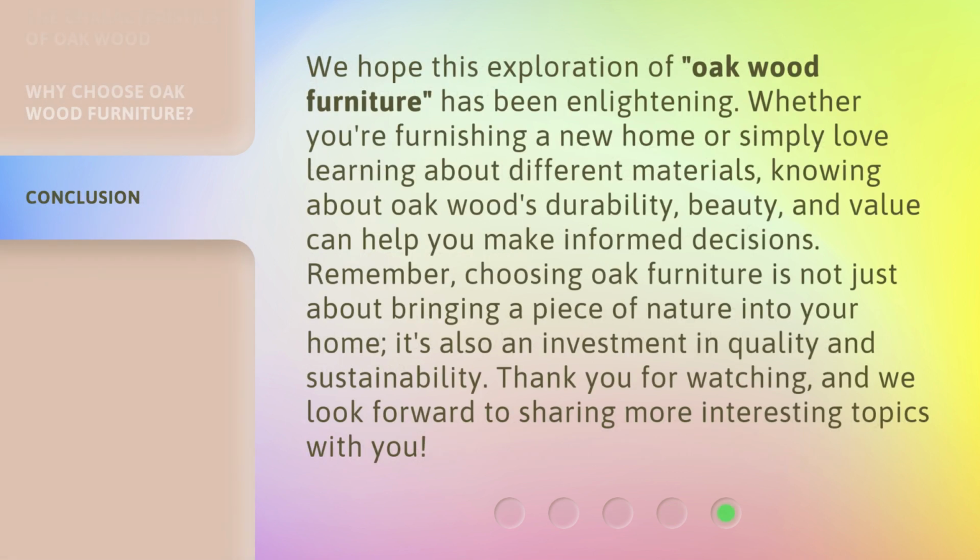We hope this exploration of oak wood furniture has been enlightening. Whether you're furnishing a new home or simply love learning about different materials, knowing about oak wood's durability, beauty, and value can help you make informed decisions. Remember, choosing oak furniture is not just about bringing a piece of nature into your home, it's also an investment